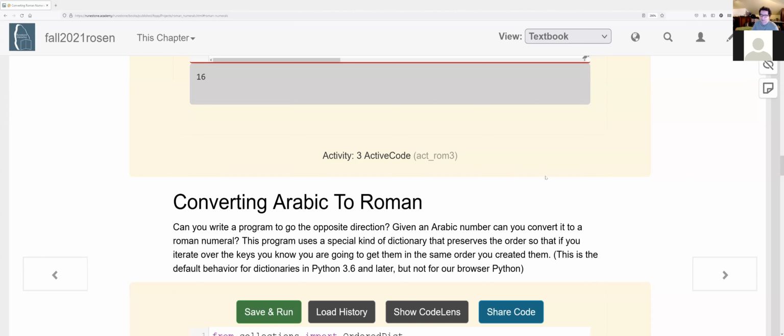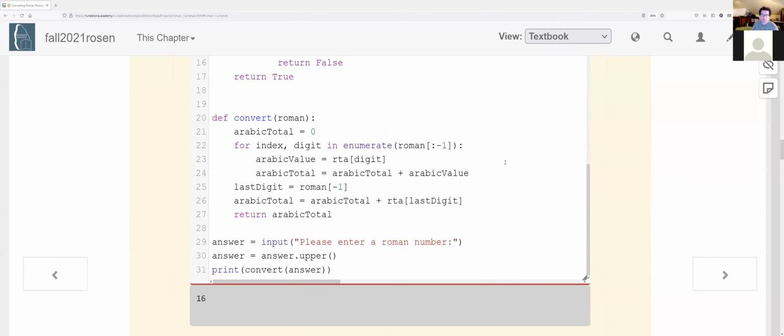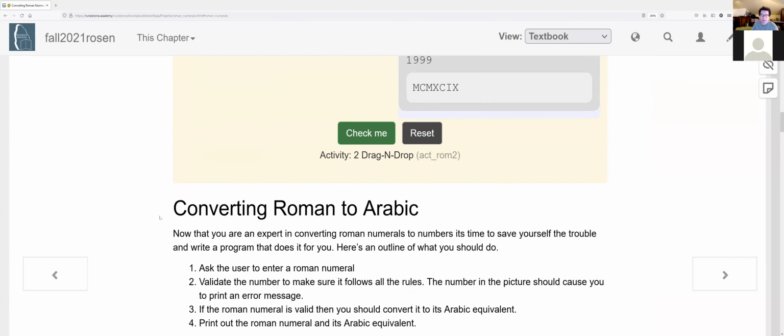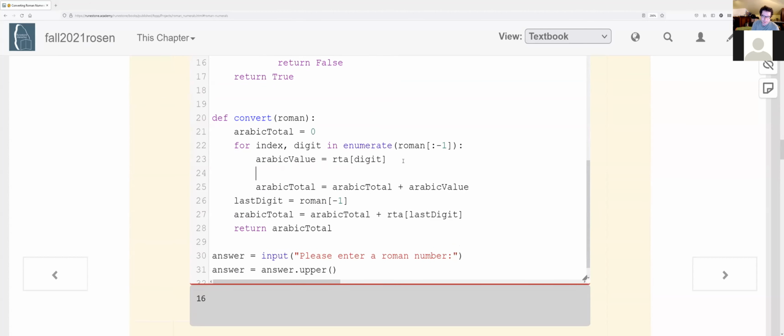Okay, so all the rooms are closed. So let's go ahead and knock this out. What we need to do is make sure that the next value, basically if the next value is bigger than this value, then we are subtracting. So if